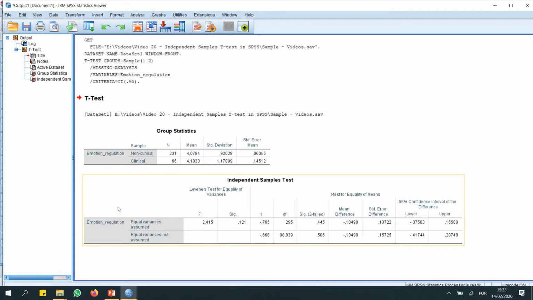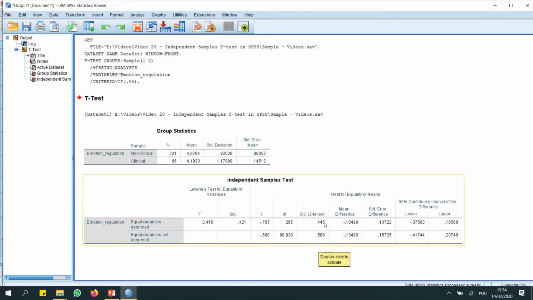In the second table, we can see that there is the variable here, emotion regulation. Here we have the Levene test for equality of variances, okay? We have the test here, the significance here, okay? And then we move to the independent sample t-test, which is this value right there, and the degrees of freedom right there.